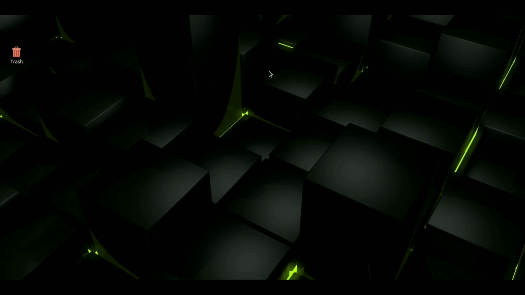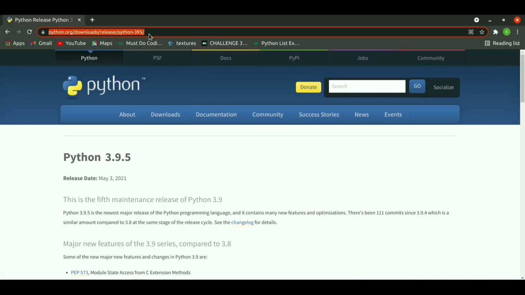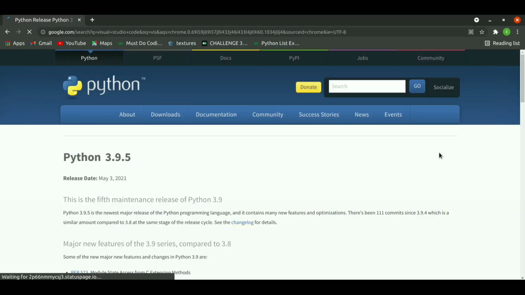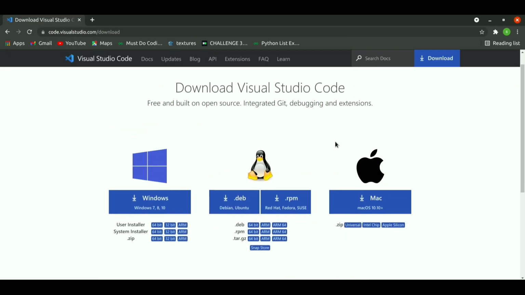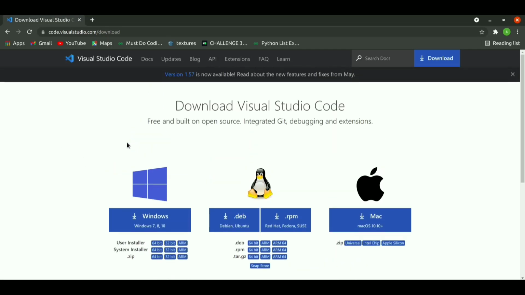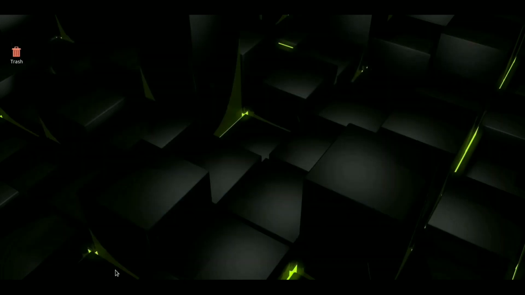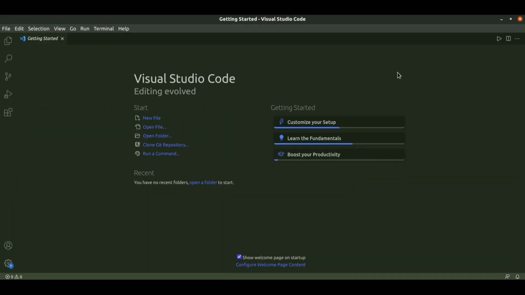Now we will jump into the Visual Studio Code editor. Go to Chrome and type Visual Studio Code, and it opens the official website of Visual Studio Code, where you can find the downloads. Here you can download based on your operating system, whether Windows, Linux or Mac OS. After downloading, you can install and open it, and the interface looks like this. Here you can find tutorials provided by Visual Studio Code.